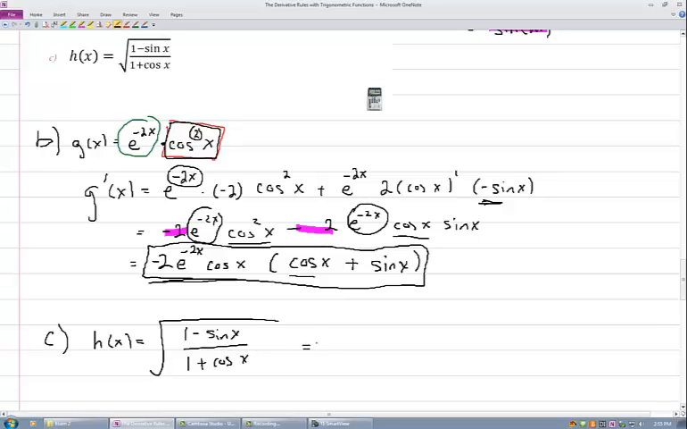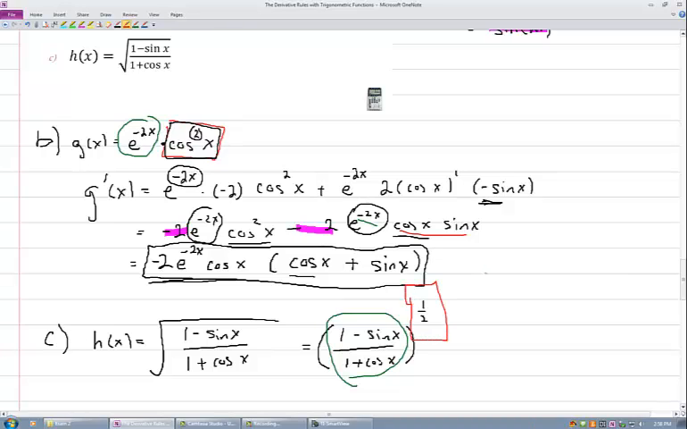And now before I can take the derivative of this, I need to get rid of the radical. I need to rewrite it in power form. So this is going to be 1 minus sine of x divided by 1 plus cosine of x, all raised to the 1/2. And now when I do this, I see immediately that there is an inside, and then there is also an outside. So if you look here, you'll see here's my inside, and then the 1/2 right over here